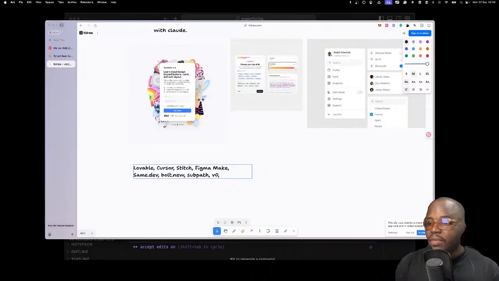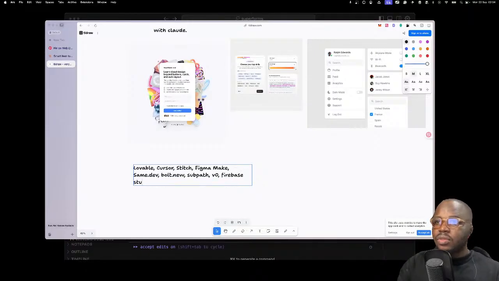It's off the top of my head right now, but yes, Firebase Studio. There's a name for it. Is it Firebase Studio? Is that what it's called? I guess I'm alone. Which one again?